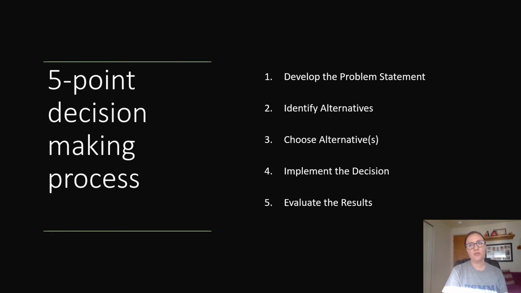To address this issue, we'll be applying the 5-point decision-making process as outlined in the text. The first step is to develop a problem statement. Don't make assumptions, verify facts. The second is to identify alternatives, leveraging the help from others. The third is to choose those alternatives, making sure that these are both defensible if needed and that the impacts on others have been considered. Point 4 would be to implement the decision, so moving it from a plan to an action. And point 5 would be to evaluate the results. Was it a poor alternative selected? Did implementation fail? Was it a success?